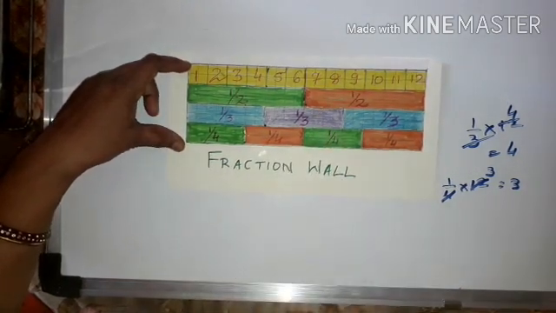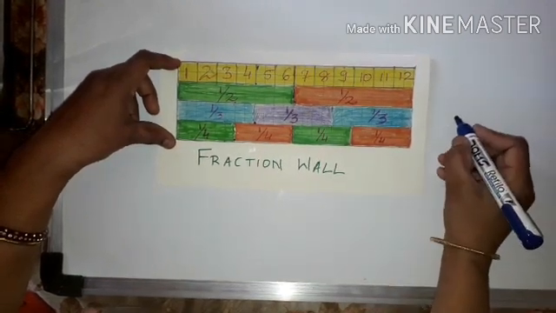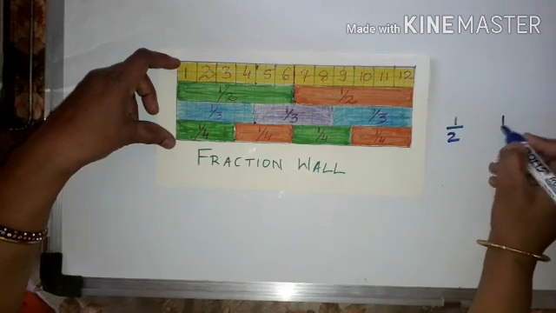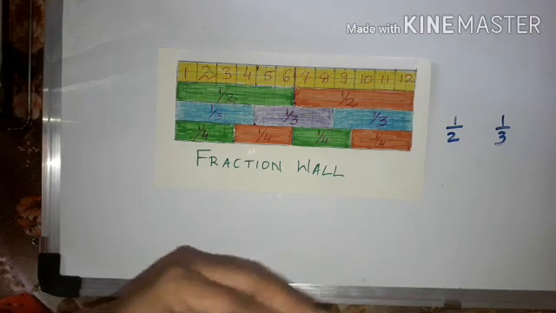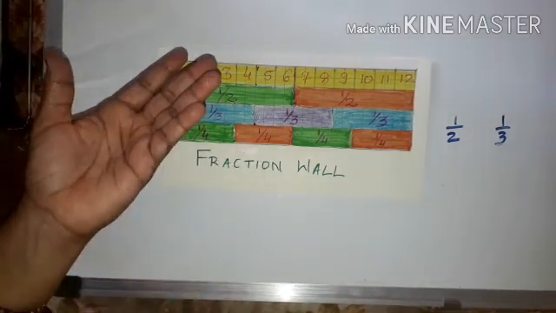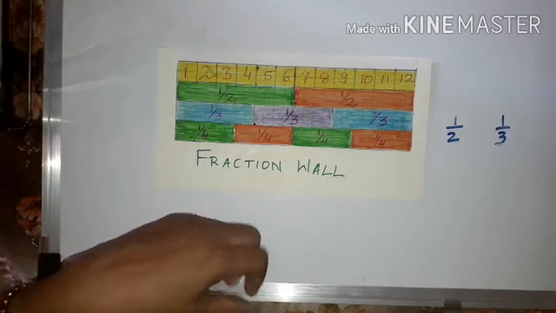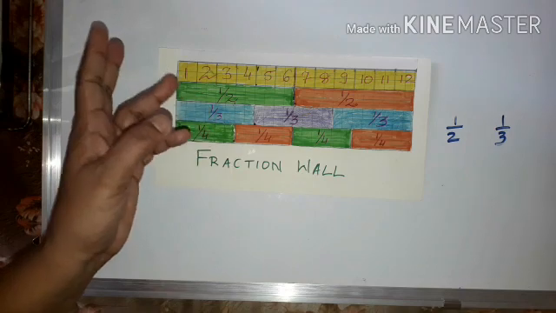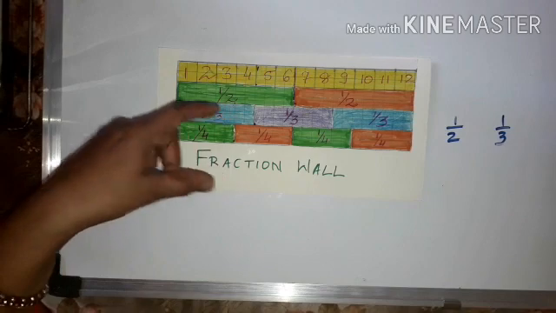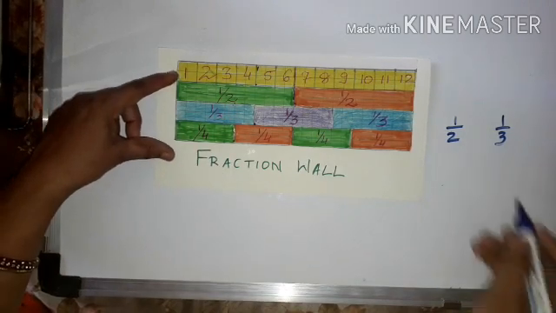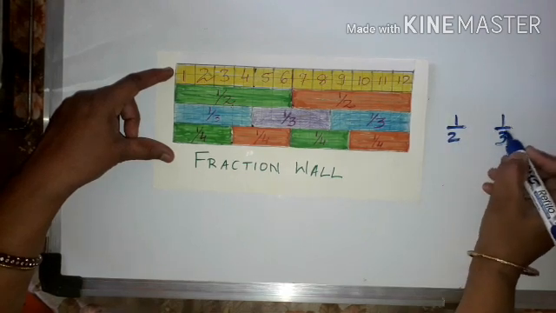Okay. Now when you want to compare the fractions, always remember that fractions can be compared when you have the numerators to be equal, sometimes you may have denominators to be equal, sometimes neither the numerator nor the denominators are equal. What to do in each case we are going to see. Now say when the numerators are equal, half and 1/3.